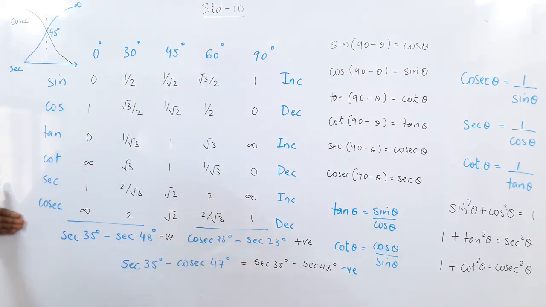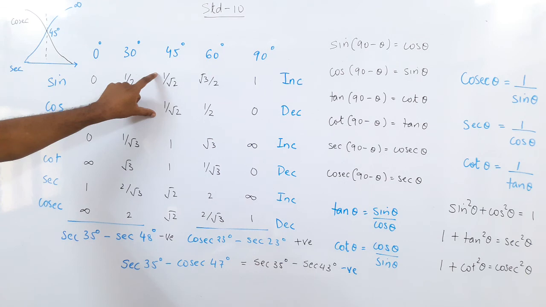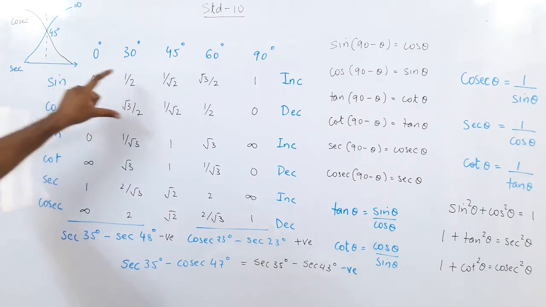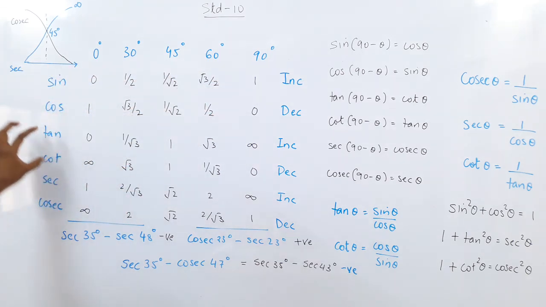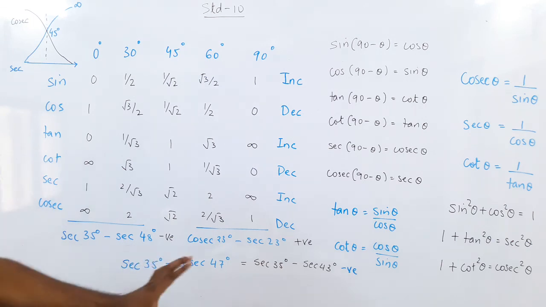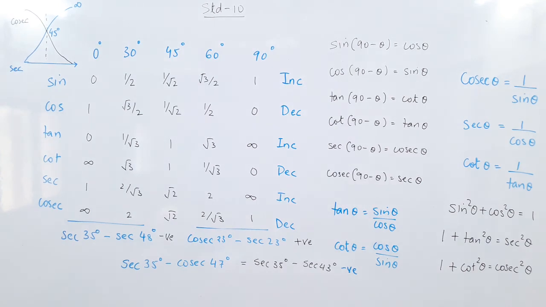So today we have done the logic using the table. The comparison has to go on like that. So again remember, sine and cos, increasing and decreasing functions, both meet at 45. What happens below 45 degrees and what happens above 45 degrees in tan and cot and sec and cosec, that you need to see. So these questions are logical questions. You have to practice them. If they are asked as an MCQ, then you should be able to know their answer.